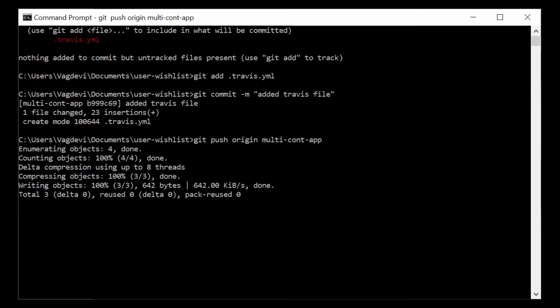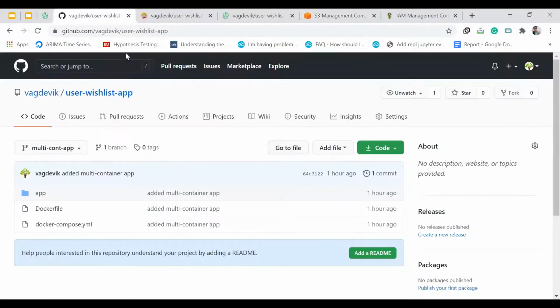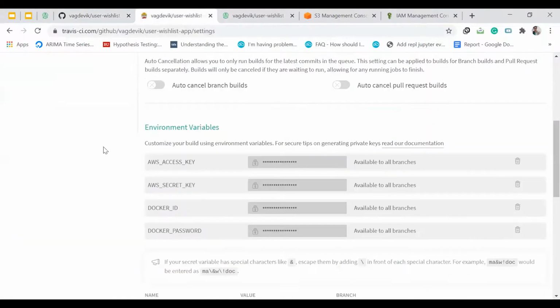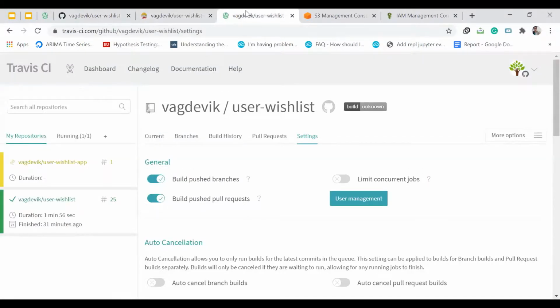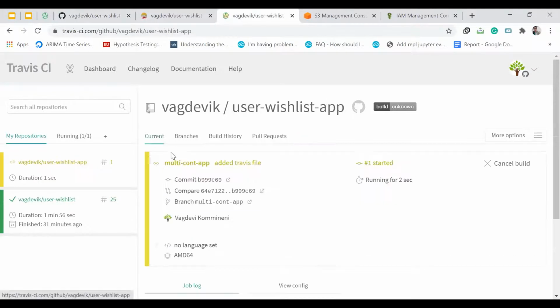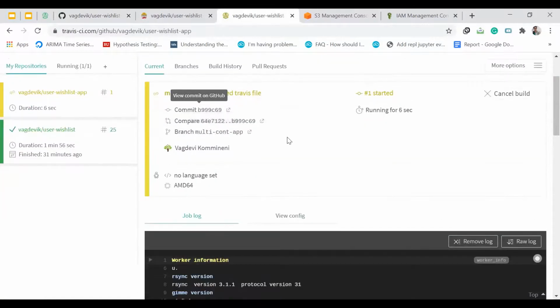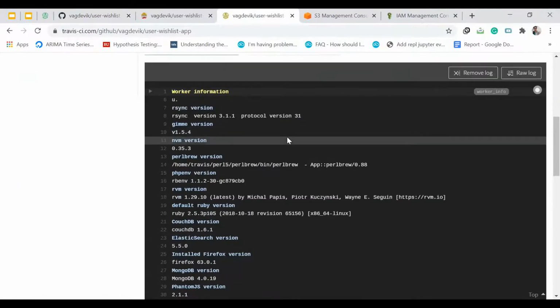Now go to the GitHub, refresh it. It shows 29 seconds ago, we have a change in the Travis file here. Okay, now go to the Travis. So it started detecting the changes.